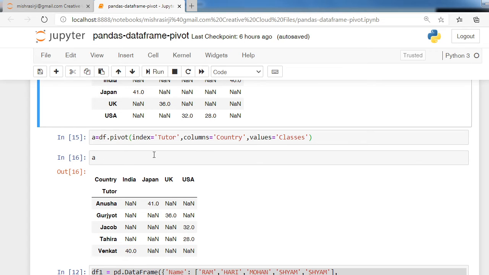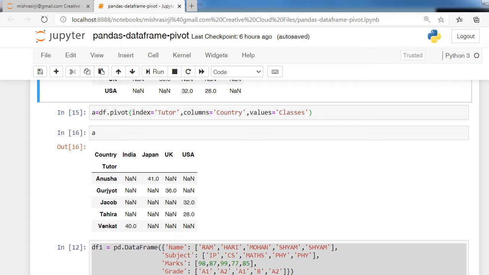Columns equal to country means column names are to come from the country column, and values equal to classes means the values are created from the classes column and spread over the data frame. Okay,